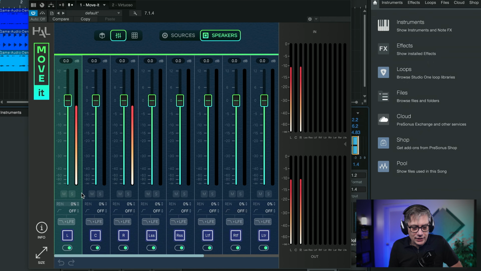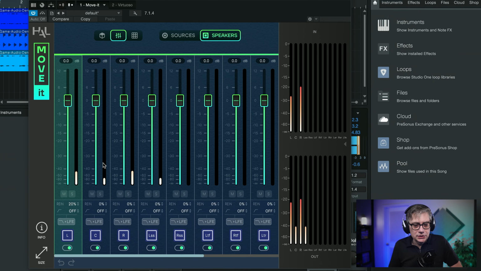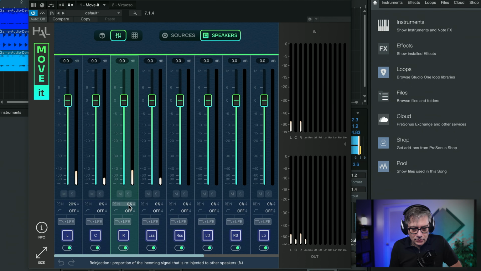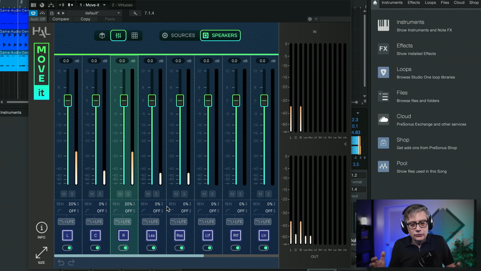Yeah. So if I re-inject part of that left channel here, for example, what will happen is some information is going to come in on the neighboring channels, which is the center channel and then the left surround. And I can obviously also do the same thing on the right one as well. And then essentially I have information coming in on the left, right, and center channel, and then on the left and the right surround channel. So that way you can rebalance the channels in your image, and that's actually a really nice feature.